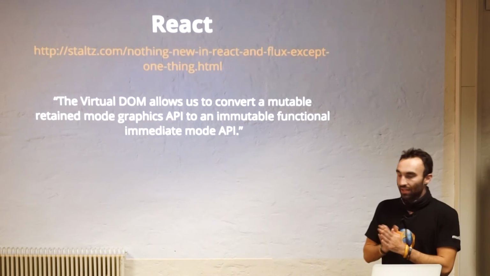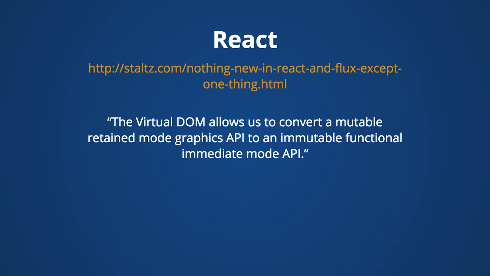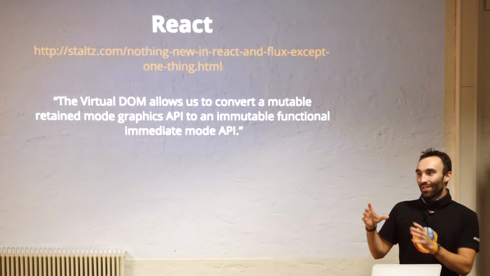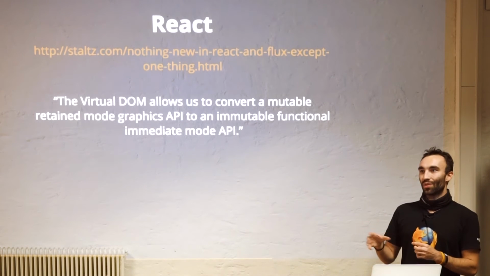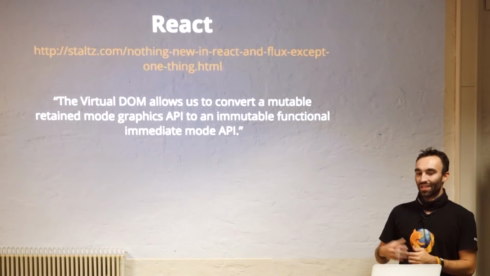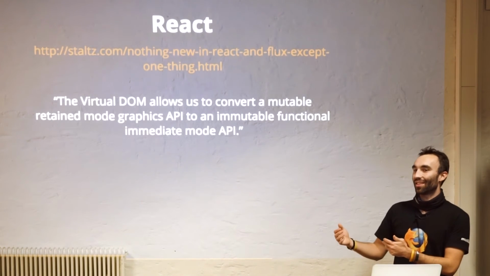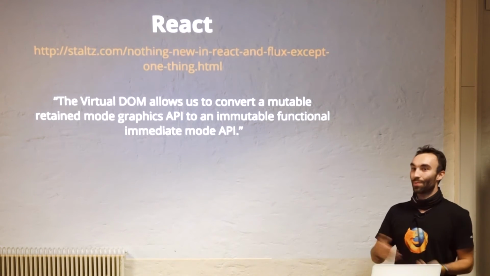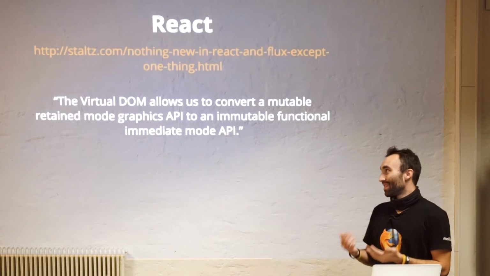And Andreas Stahls is saying that the virtual DOM allows us to convert a mutable retained mode graphics API into an immutable functional immediate mode API. So the browser vendors are actually moving from an immediate mode 2D graphics API to more of a retained mode API. And the JavaScript developers are actually doing the opposite thing, which, well, means that